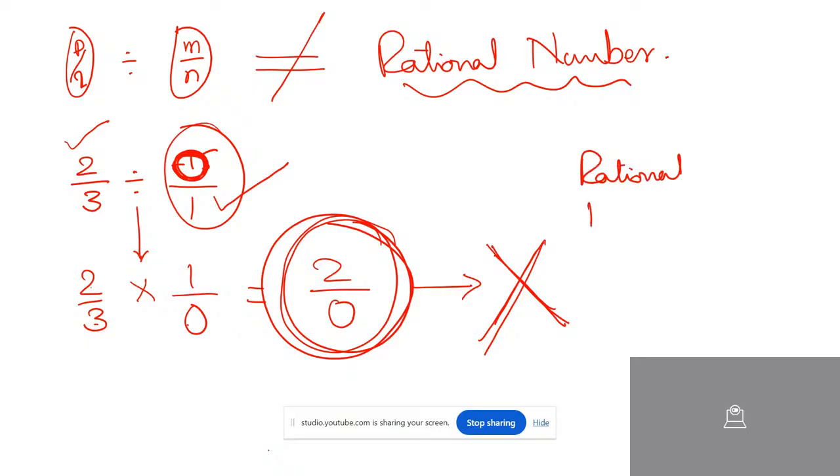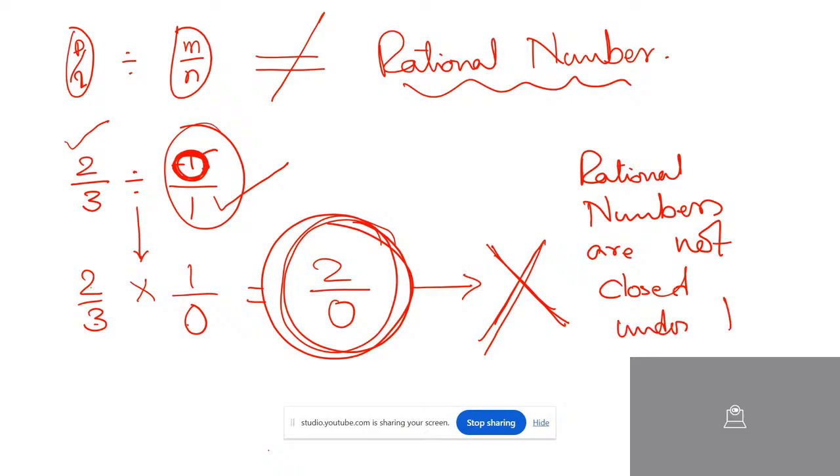Rational numbers are not closed under division. Understood, my dear students? So इसके अलावा rational numbers are closed under addition, subtraction, and